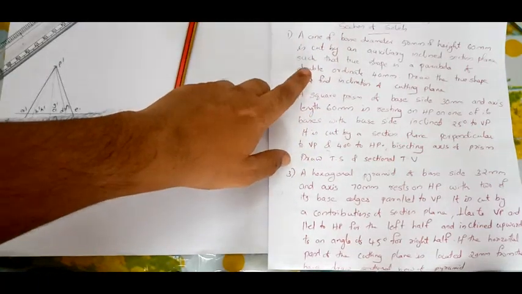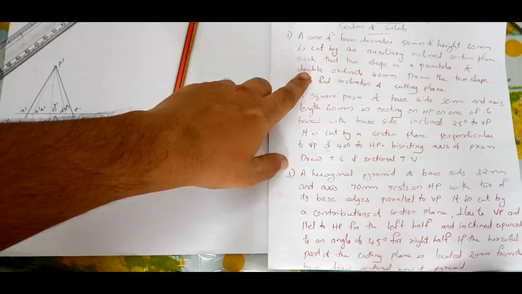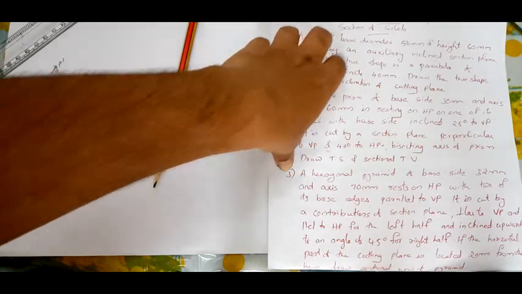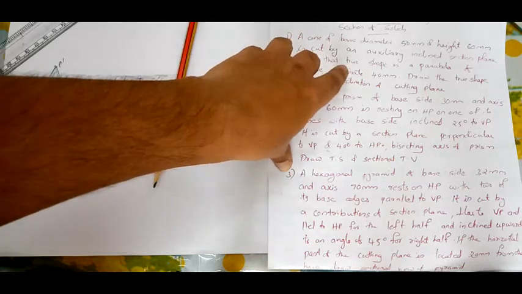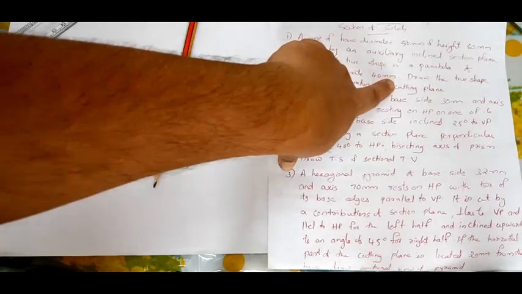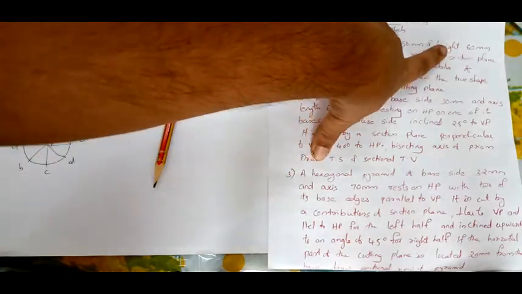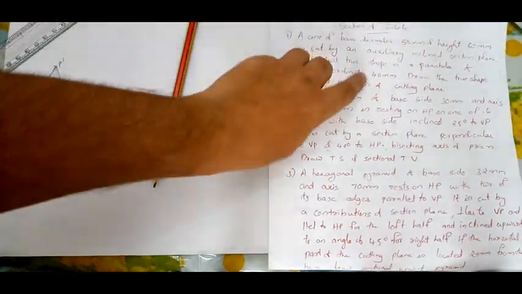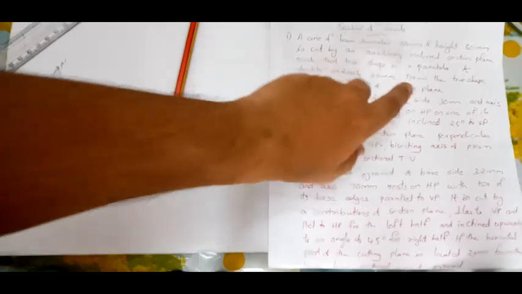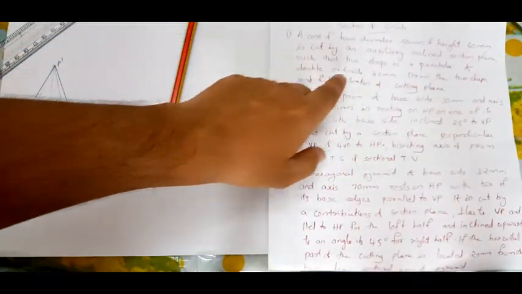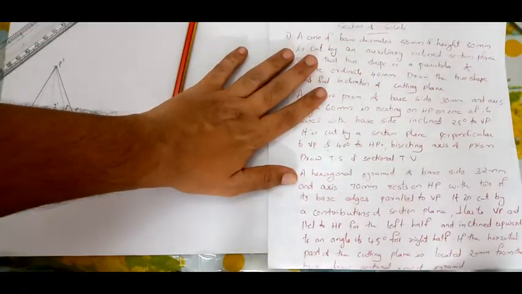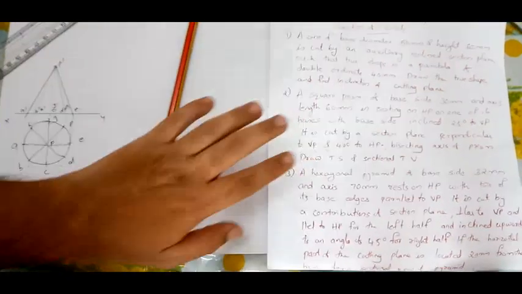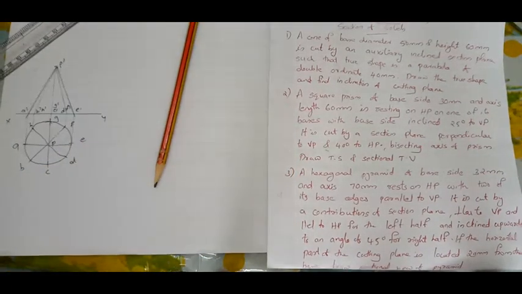If they give the double ordinate and abscissa, they will not give the height, as you have already seen. If they give the double ordinate and height, they will not give the abscissa. If they give the abscissa and height, they will not give the double ordinate. So one of these three will be missing. Here they haven't given the abscissa. We will see how we will solve that.